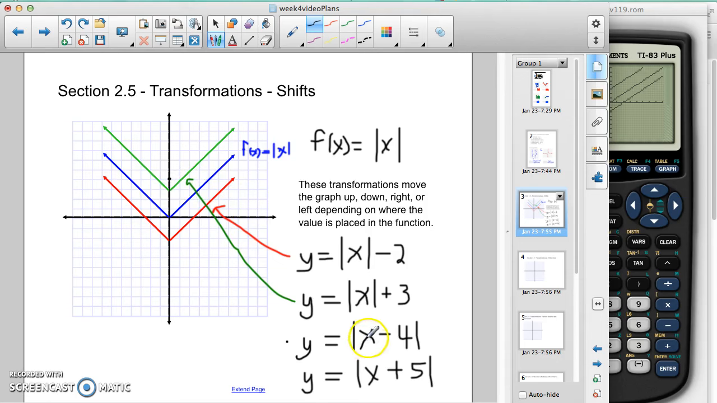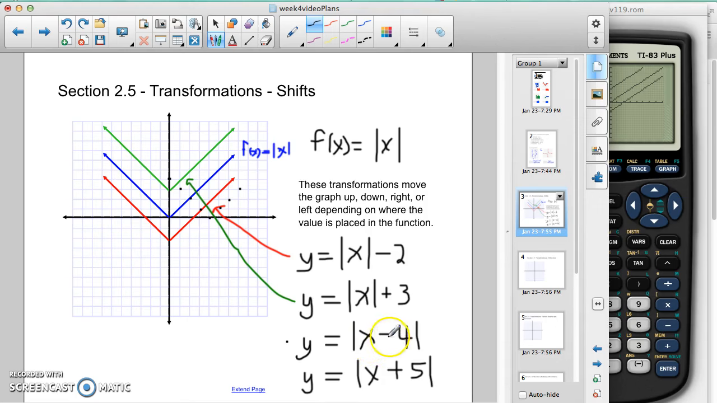If we were to put 1, 1 minus 4 is negative 3. Absolute value is 3, so it would go here at 3. 2 minus 4 is negative 2. Negative 2, absolute value is positive 2. So we'd have that value there. 3 would give us negative 1, which the absolute value is positive 1, and 4 would give us 0. 5 would give you 5 minus 4, which is 1. So it would look, the V actually moves over this direction to the right, which is the opposite way of